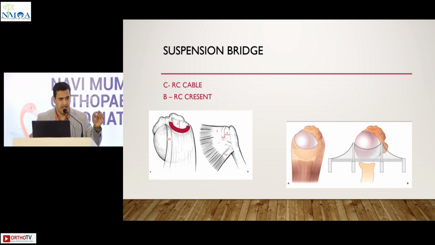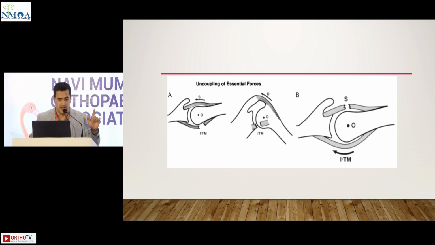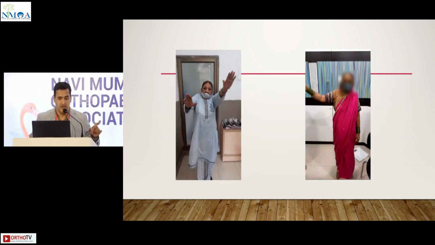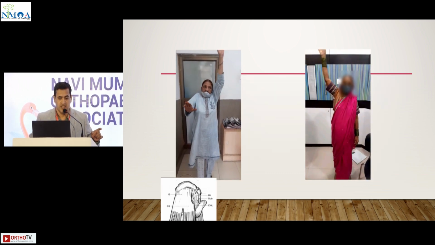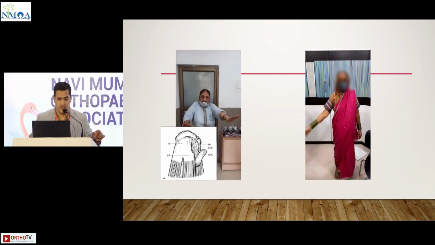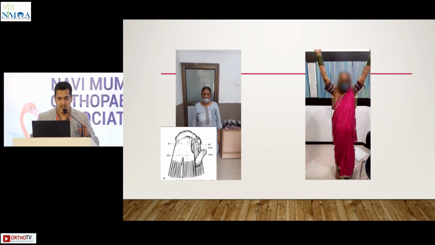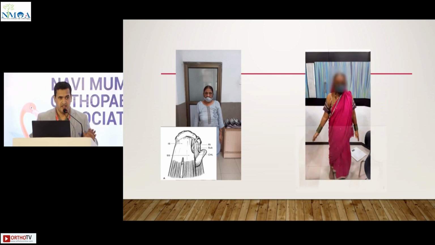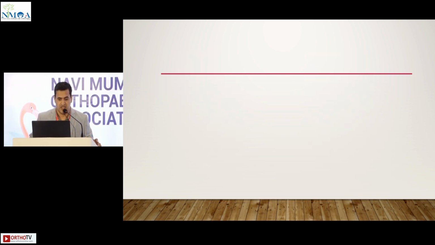If the tear is in the crescent area, the yellow area, still we can get away with an adequate amount of conservative therapy. If there is uncoupling of the essential forces, anteriorly of subscap and posteriorly of teres minor, only then will they have weakness, anterior superior escape. So this lady who is not able to do abduction had unbalancing of the force couples, and the lady on the red side who is able to do active abduction has maintained the balancing forces.